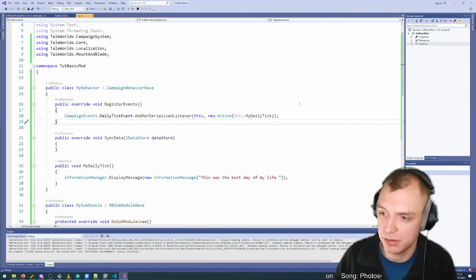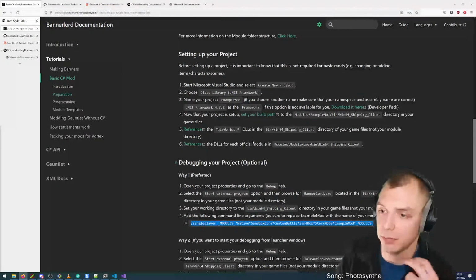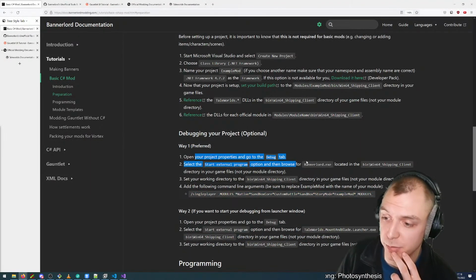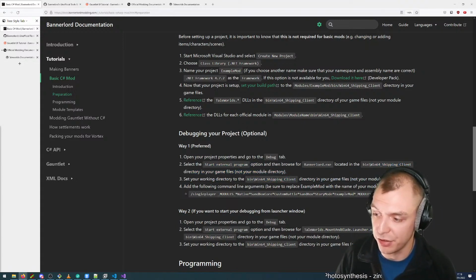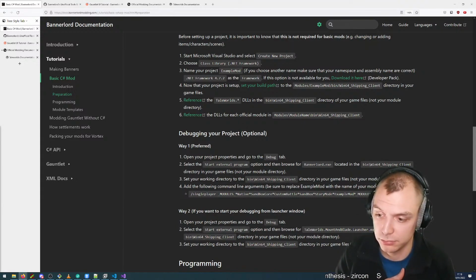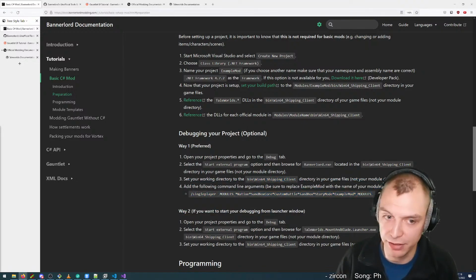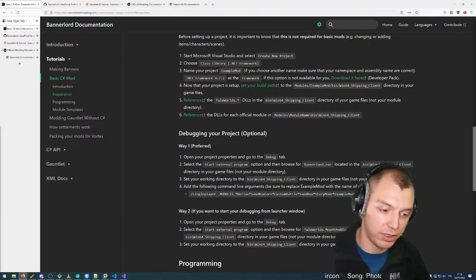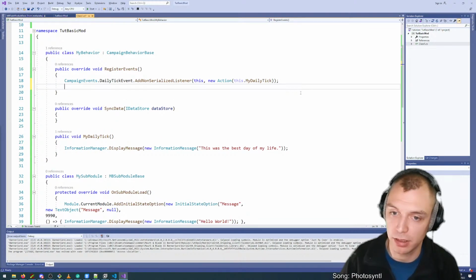Well, if it doesn't, it's not a big deal, because you're supposed to follow these instructions here. You're supposed to go to the debug tab, select external program, and then you get access to the debugger. But since this is not working, and I don't know why right now, we will get this working later when I start a new project with the template. Right now I don't really care why it's not working. So let's